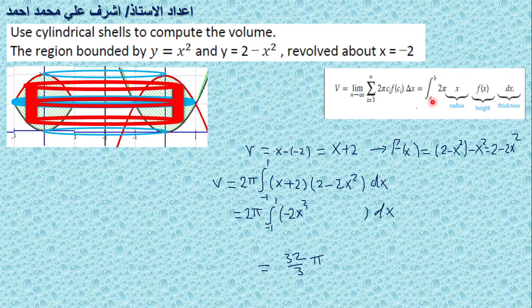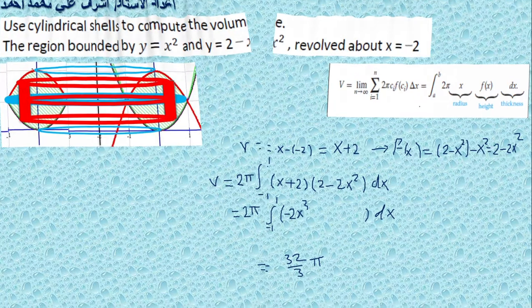The integral from the left boundary to the right boundary, from negative 1 to positive 1, of the radius x plus 2 times the height 2 minus 2x squared dx. So you can use a calculator to get 32 over 3 pi, or do it manually. Okay. Next